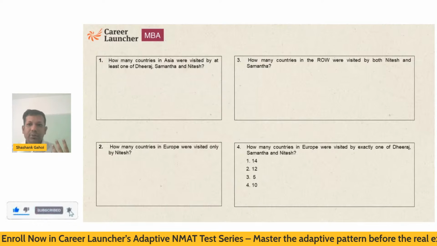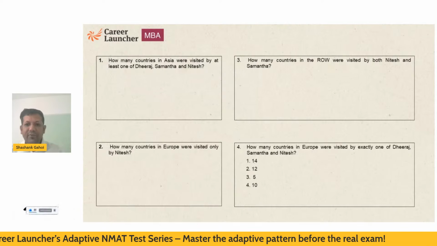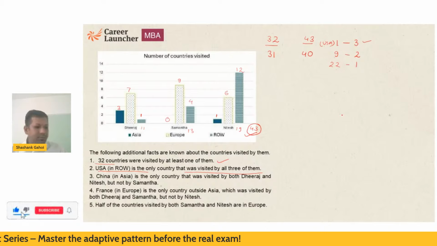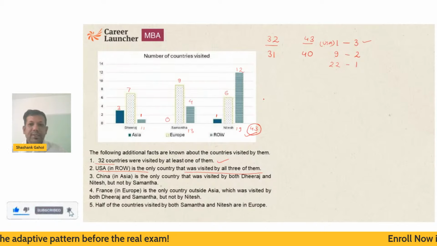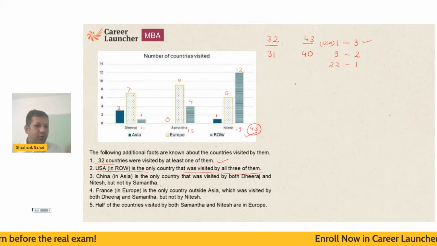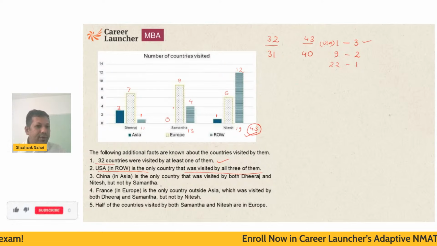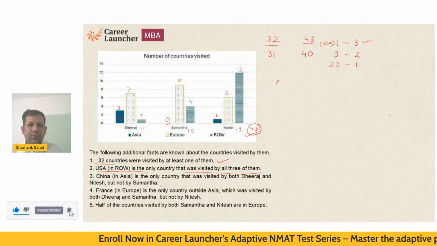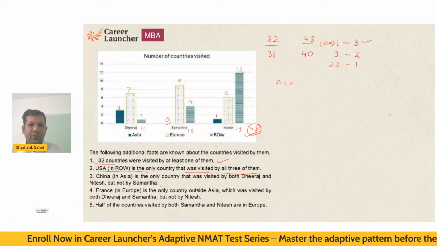Okay, no, we are talking about Asia. Okay, so I haven't figured that out. Okay. So what I'm going to do, I'm going to do it continent wise. So I'm going to make a Venn diagram. So if I'm talking about Asia, Samantha is 0. So I'm just going to make a Venn diagram of 2 because Samantha is 0.